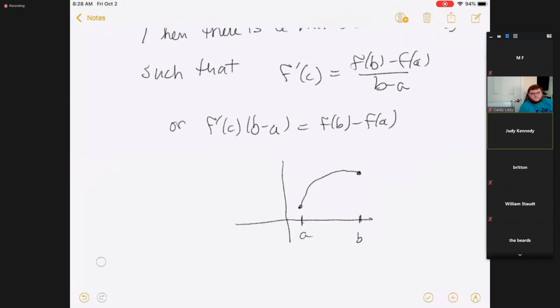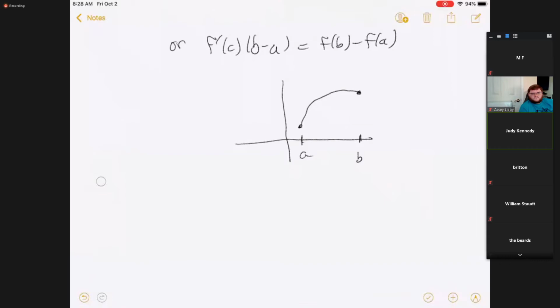Well, what is this number? f of B minus f of A over B minus A. This point is A, f of A. This point is B, f of B. f of B minus f of A over B minus A is the slope